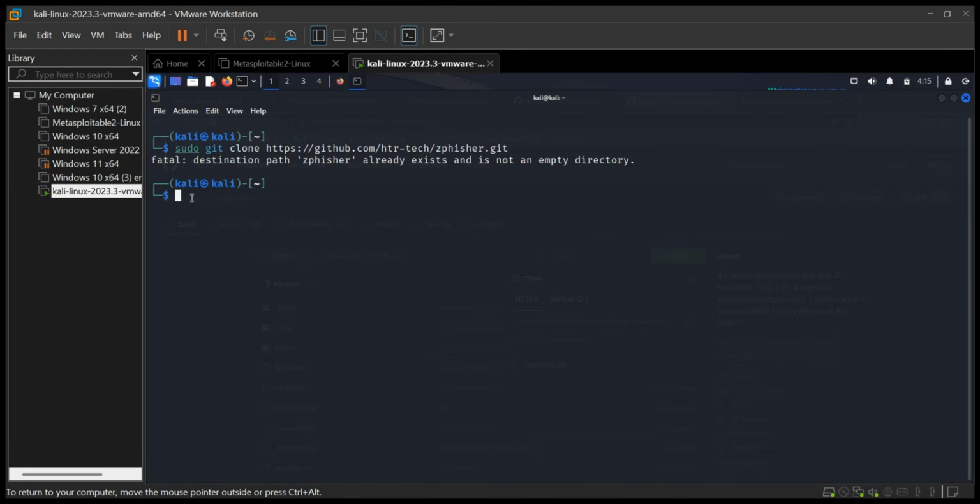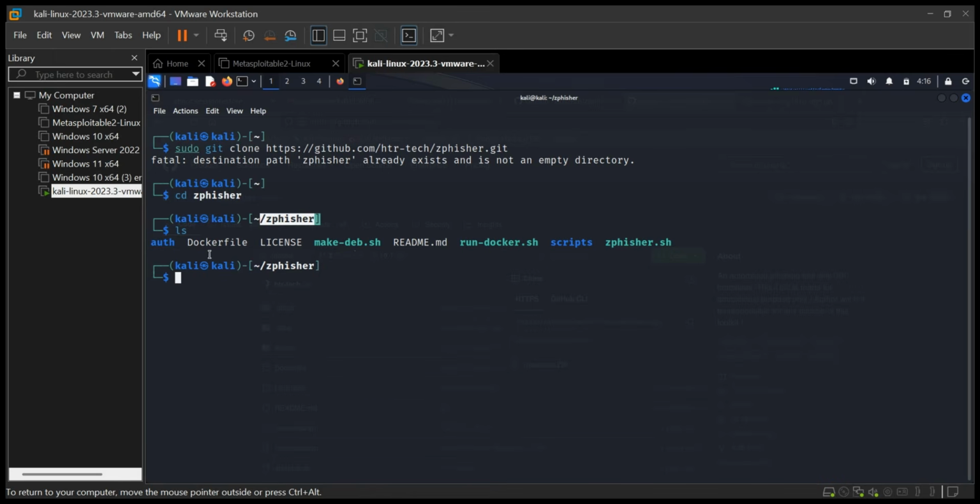So now the next thing we are going to do is that I am going to lead you into the directory where this ZPhisher is. When I talk about directory, it is like a folder in Windows. So I'll do a cd ZPhisher, and I hit enter. It shows that it has taken us to that repository here. So now we want to know the list of things that are found or the list of folders that are found in this repository. I do an ls like this, and you can see that we have so many things here,